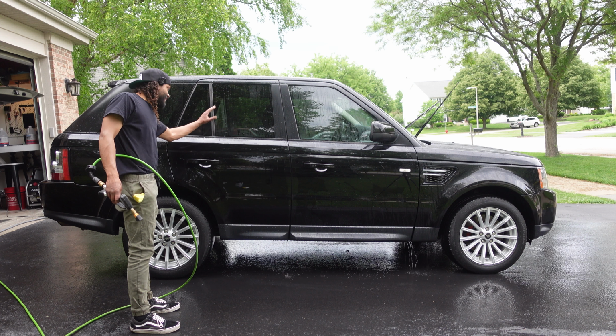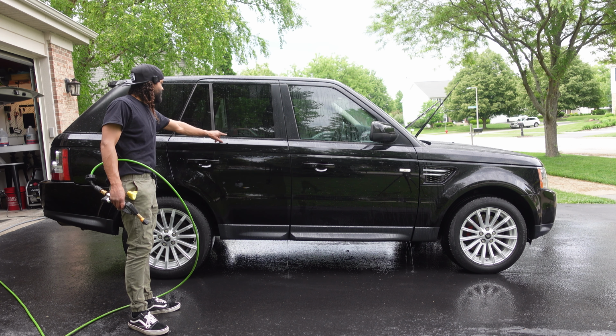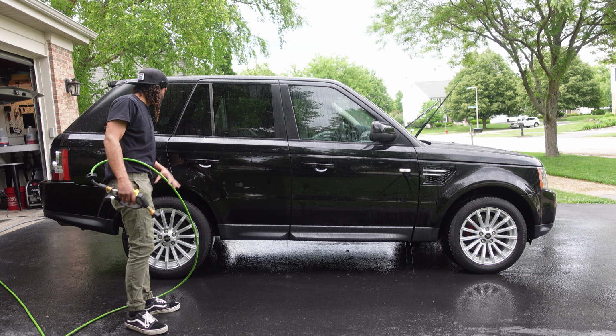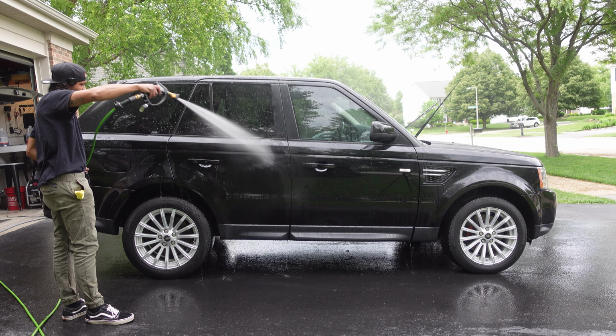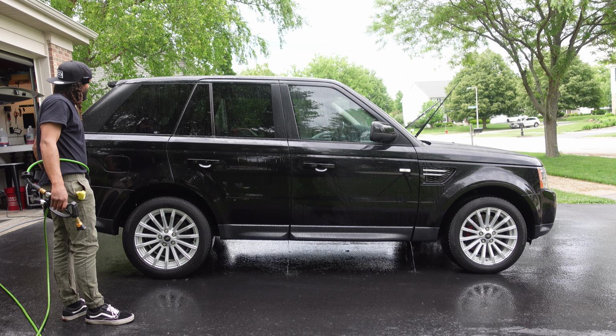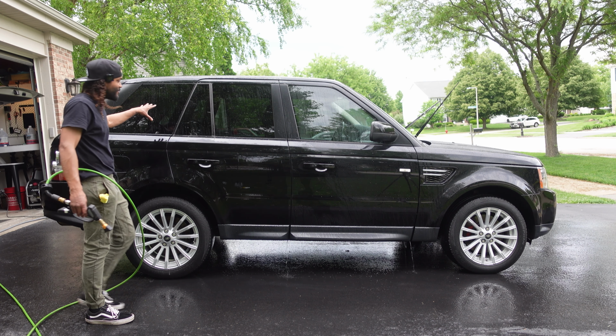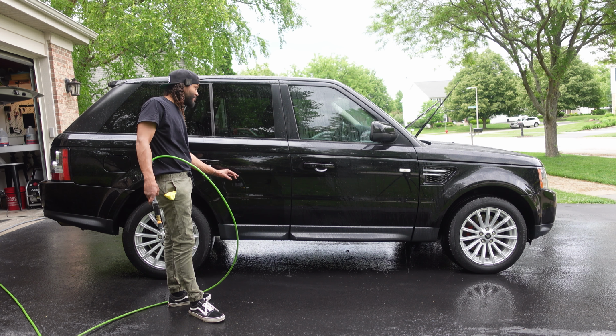So yeah, I would say we're definitely getting faster sheeting, and we're definitely getting much finer beads and all that stuff where it's splashing up. Yeah, the top half of the car is doing really well. So the bottom half of the car, it looks like we have lost quite a bit of our hydrophobic properties. I would say from about the door handles up though,